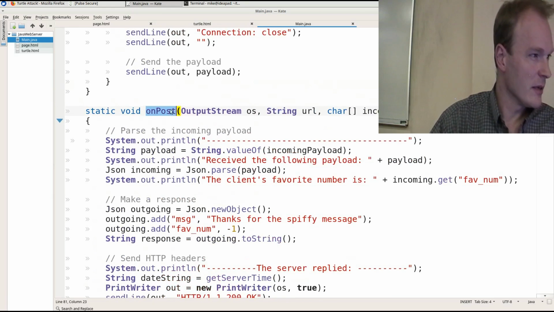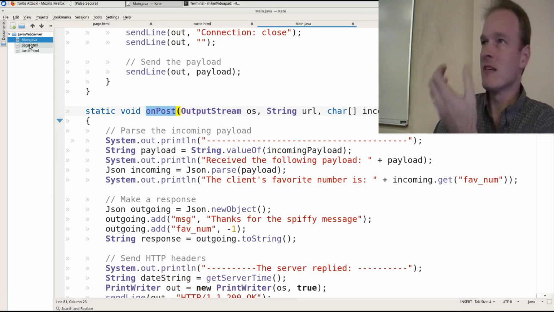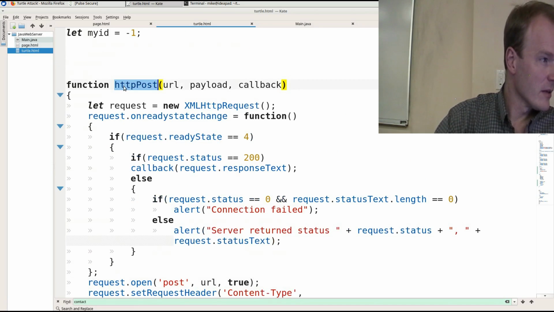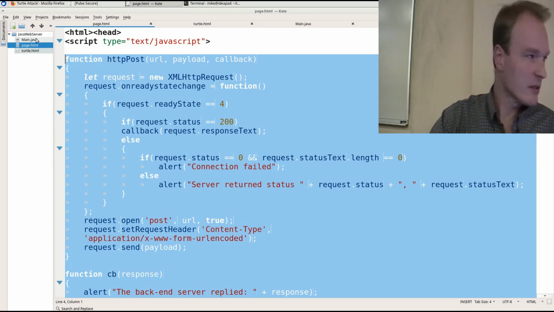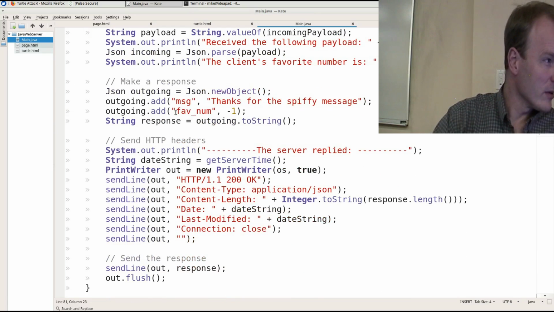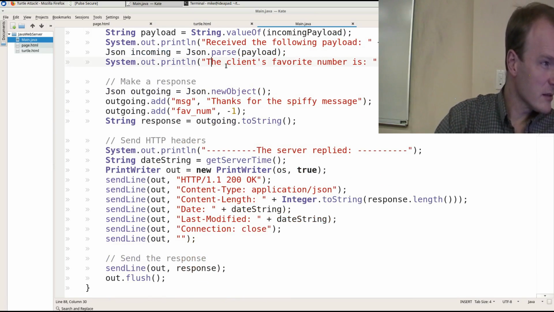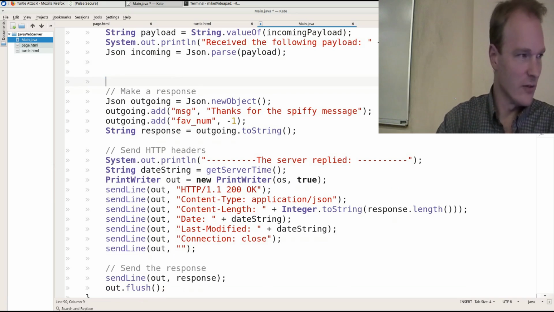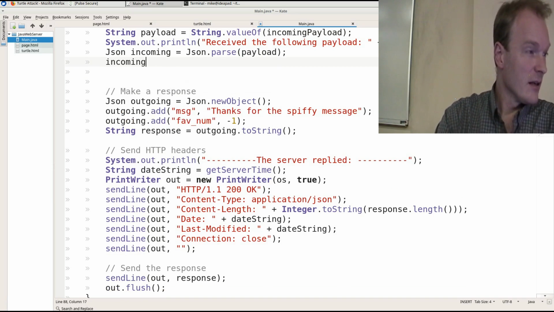Main.java, here's the onPost method. OnPost is the method that receives things from the client. Remember here in the client, we called it HTTP post. That means use post to talk to the server. So right here, when we're in onPost, incoming, we'll have everything that the client just sent to the server. We don't need to print this. We need to say something along the lines of, okay,